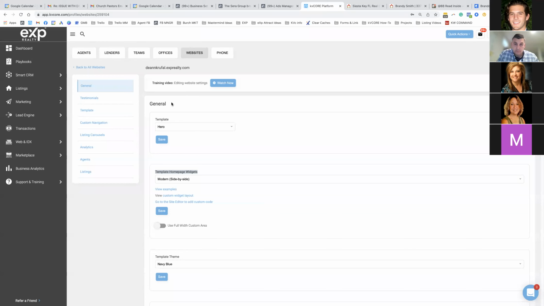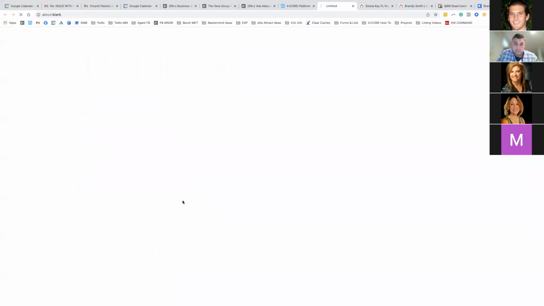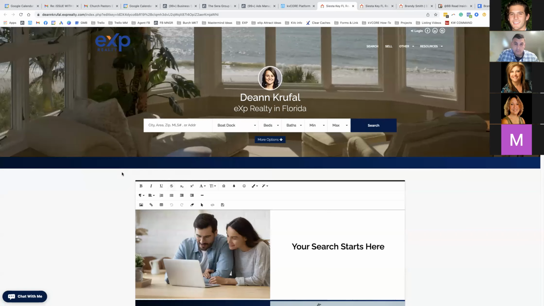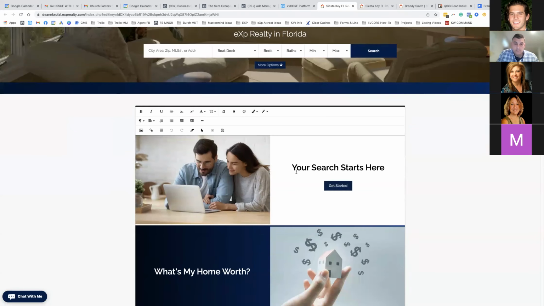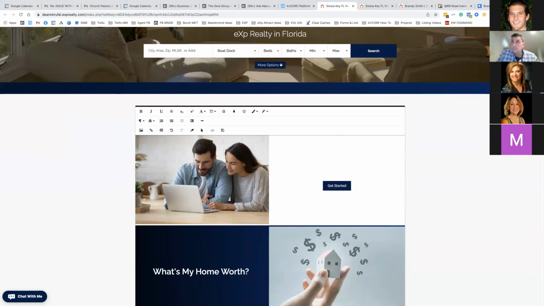So in kvCORE, I'm still in that edit settings from the web and IDX. But do you see right here, go to site editor. This is going to take me into the website where I can now edit it. Be kind of careful whenever you do this. I wouldn't come in here and just highlight the whole thing, backspace, and start trying to type again. Sometimes it messes up the formatting. I'm just going to show everybody a little trick that I do whenever I'm in this website. I usually leave the first letter right there just to keep all the formatting the same. So maybe I'm going to put waterfront homes, and then I'll come back and get rid of the Y. And then instead of get started,